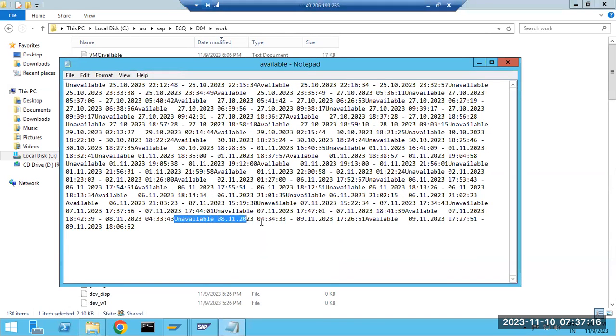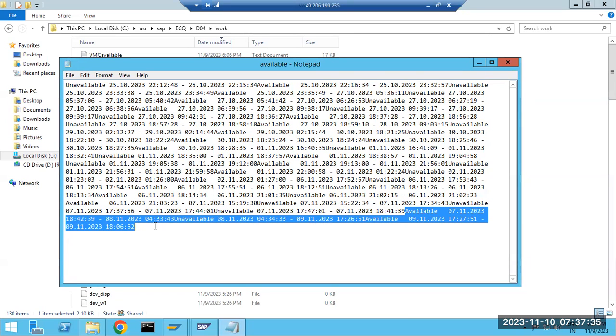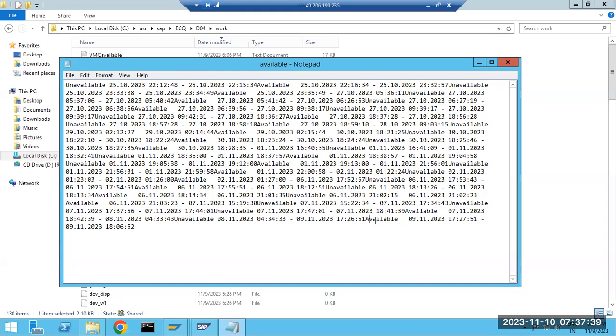At what time our system is down? From 8:34 to 9:36 the system is down. It means the system was unavailable for this many hours. Then next, from 7:11 to 8:11 the system is available. Then this morning, from 9:11 till late, the system is available. It will always be updated here.